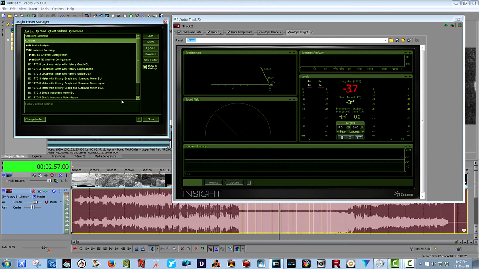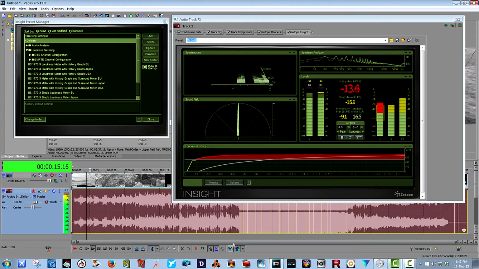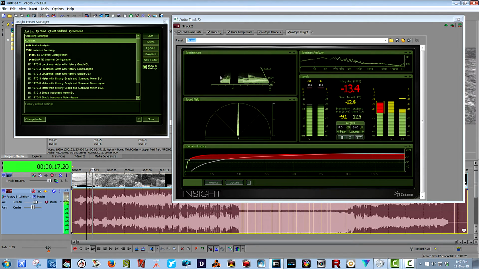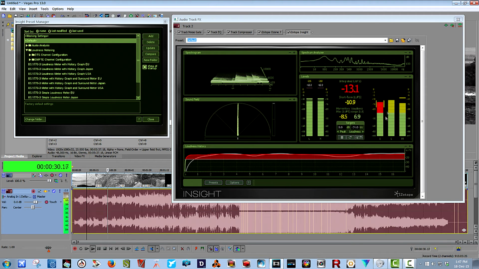Now I want to show you something rather fancy, which is the Insight module as part of the Ozone 7 Advanced suite. You get this wonderful program which, as you can see, shows a spectrogram view in 3D, a sound field view, loudness history curve, and then you get spectrum analysis, and then several metering devices to show levels and